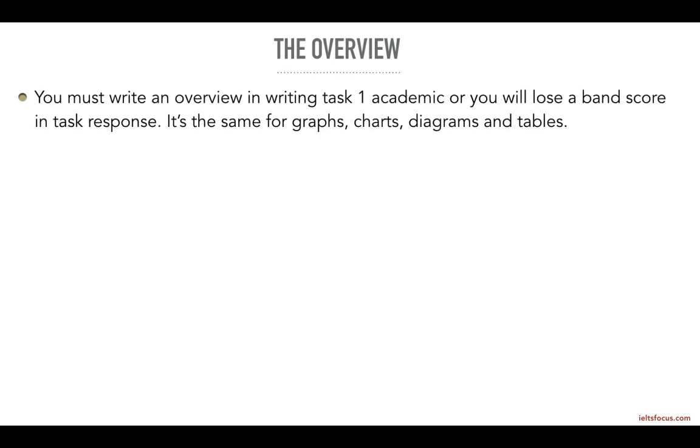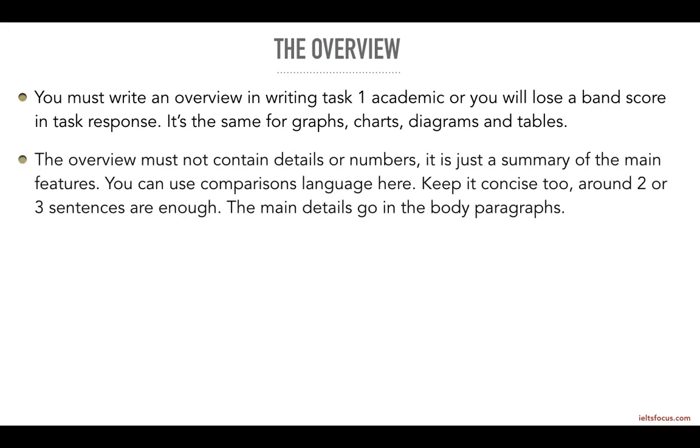Now, straight after the introduction is the overview. You must write an overview in writing task 1 academic, or you'll lose a band score in task response. And it's the same for graphs and charts and diagrams and tables, all of that stuff in writing task 1. Now, the overview must not contain details or numbers. It's really just a summary of the main features, the key features. You can use comparisons language there, but you've got to keep it concise. About 2 or 3 sentences will be enough. And main details, they go in body